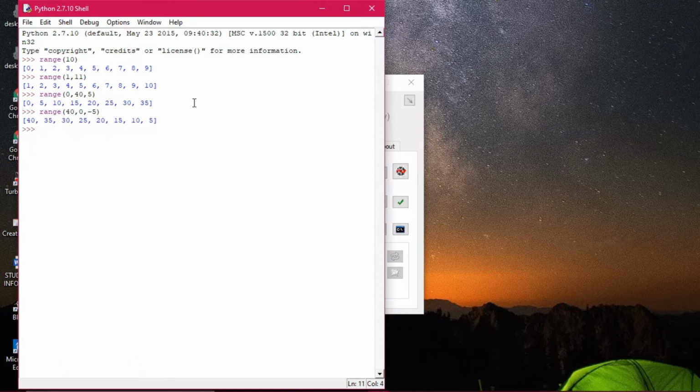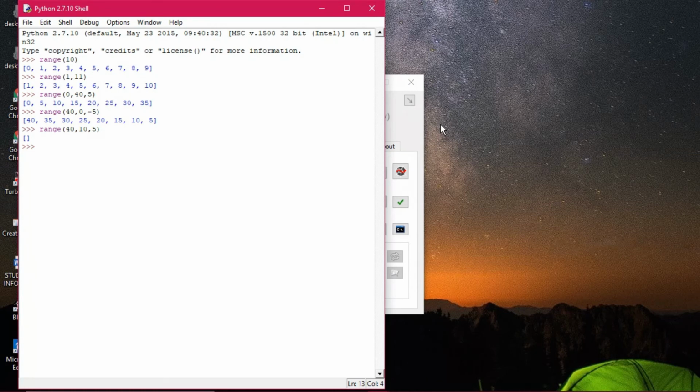So it is just printed in reverse. But suppose I had given range 40 comma 10 comma 5. What would happen? You see, nothing, it is null, because the particular value is out of range, because 40 plus 5 is 45. Going negative, 40 minus 5 is 35, and the next value is within range. As long as the values are not in range, it will give you null. This is called null representation.